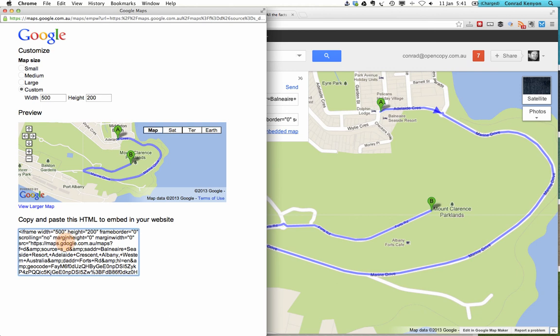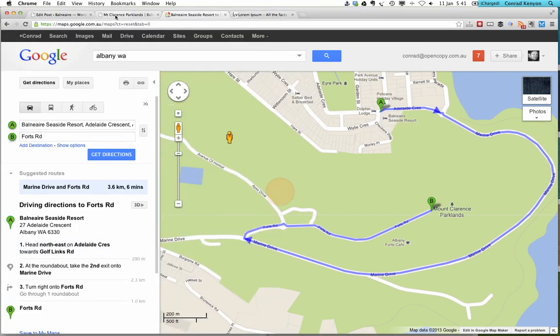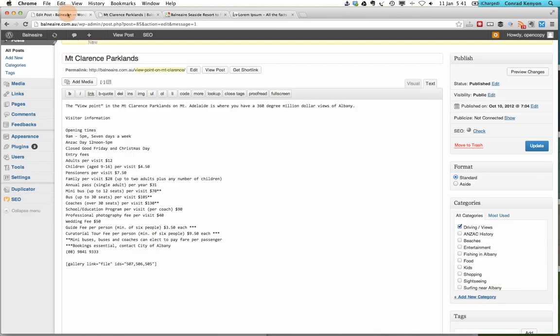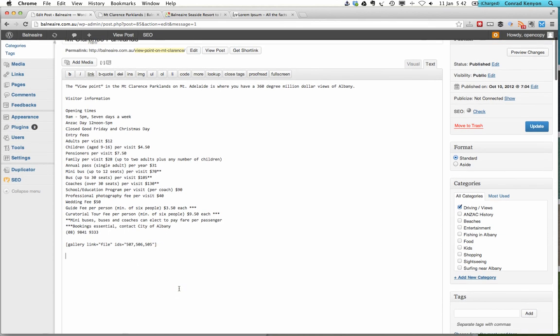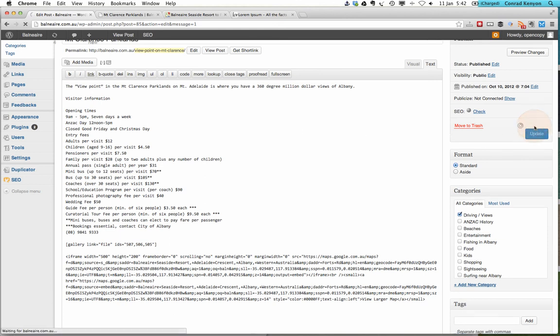And if you just click anywhere in this window and then select all, and then copy, and then what we need to do is go back to the blog post and very simply after the gallery, after the last bit of content on that page, paste. Once that's done, we'll click update,